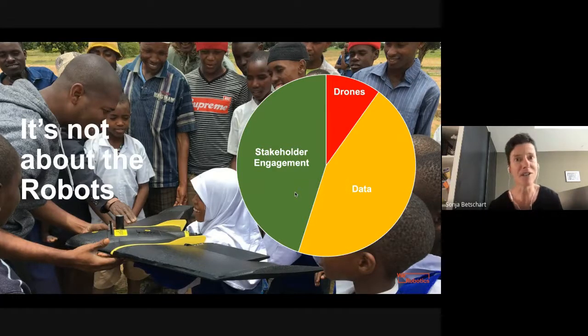Again, it's what we talk about a lot, but in reality, spending time with drones is really the smallest part of our jobs. So where we spend most of our time is, on the one side, if we use drones for mapping, with the data, so processing the data, analyzing the data, sharing the data, that's about 45% of our time. And then the other 45% is about stakeholder engagement. So stakeholder engagement happens before a drone is ever flown, a lot, hopefully most of the time, and then during, and then also in the data phase.